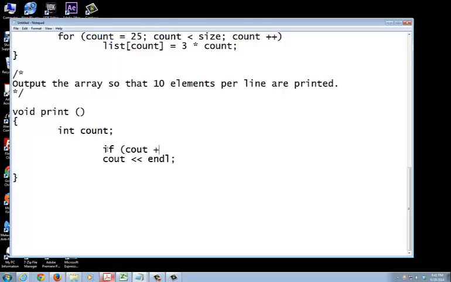Count plus 1, and then I do a mod. Remember that mod? Find the remainder after 10. I do a logical operator with 0 so that it actually compares it. If it equals 0 after the 10th column, I want it to actually go down to the next line. For that to happen, I have to actually write a for loop. Inside the for loop, I start with a count equal to 0,